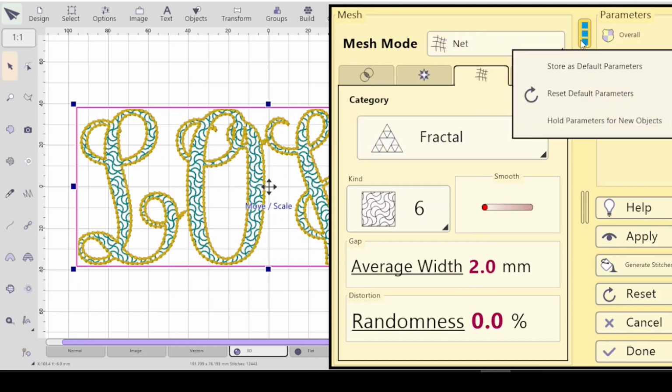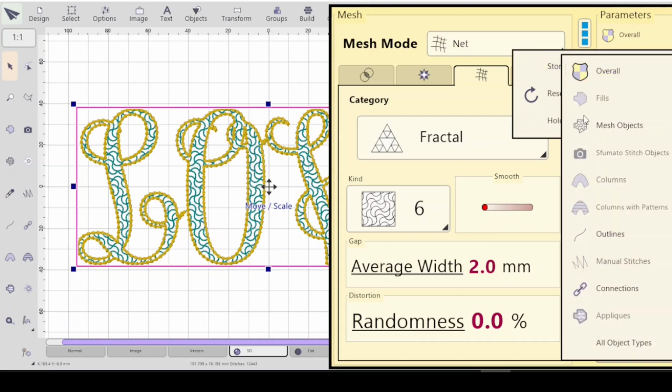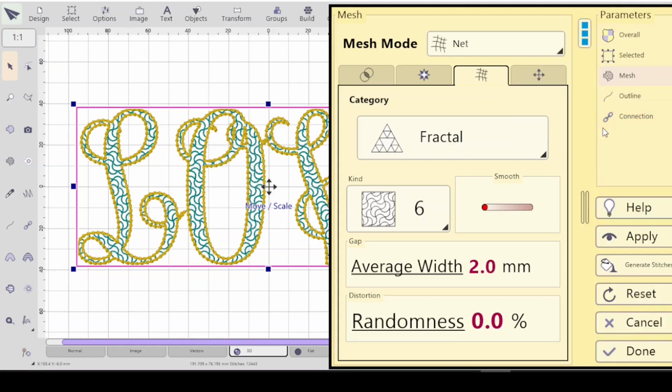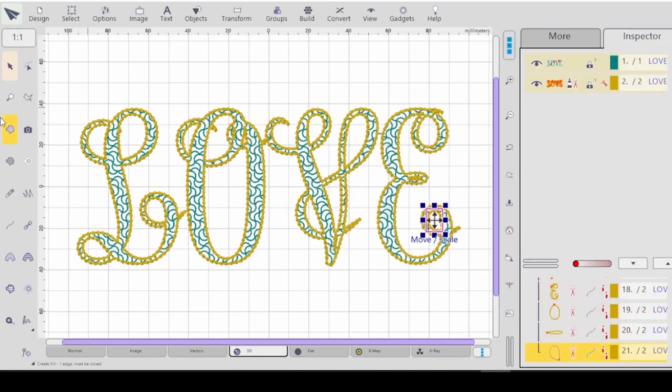don't save. So if I come up here, click the blue dots, store as default for mesh objects, and if I click that, it doesn't hold. It doesn't even hold if I stay and keep this design open. If I click done and I make a new mesh object,